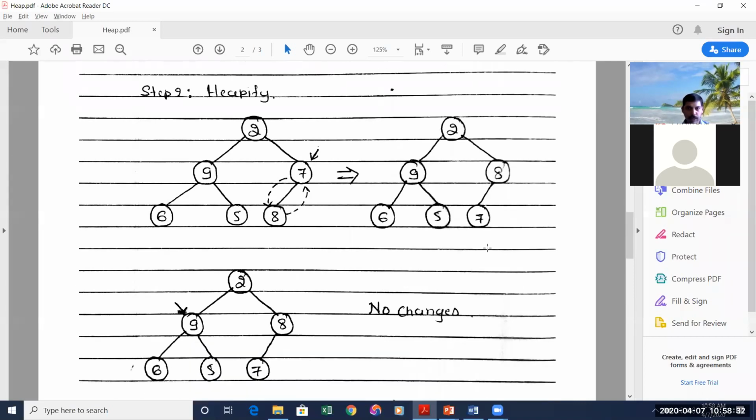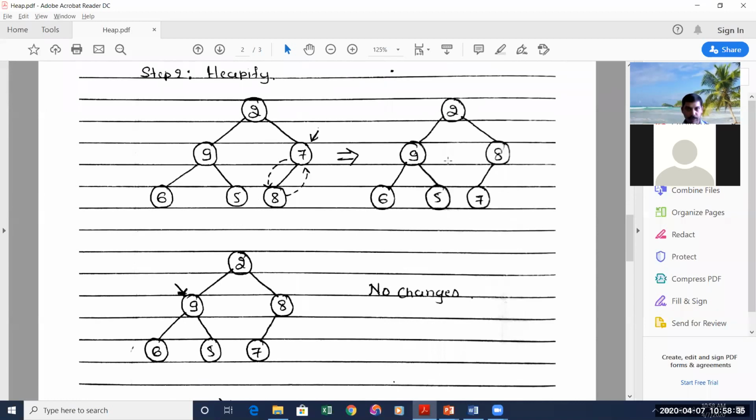Once again, write the result of the first step on the left hand side and mark it with an arrow, which tells that this is the parental node you are considering. In the previous step, 7 was the parental node and the arrow was pointing there. Now 9 is the parental node. Check whether for 9 the parental dominance holds. 9 is greater than both of its children, 6 and 5, so 9 is in the correct position. It holds the parental dominance property. Therefore, there are no changes in this tree, because 9 holds the parental dominance. Go to the next step.